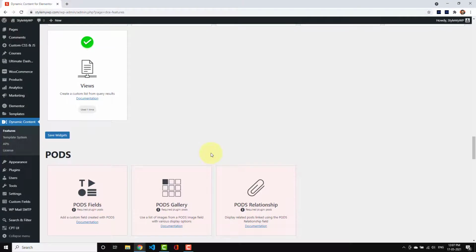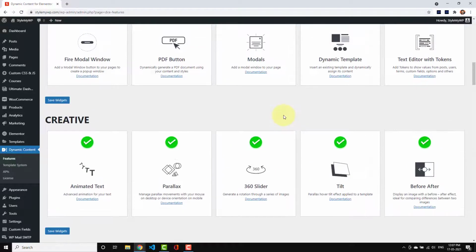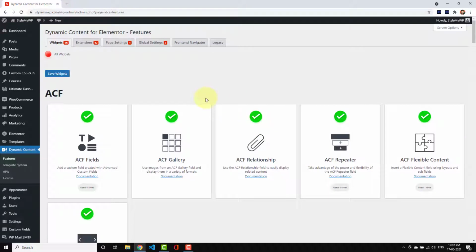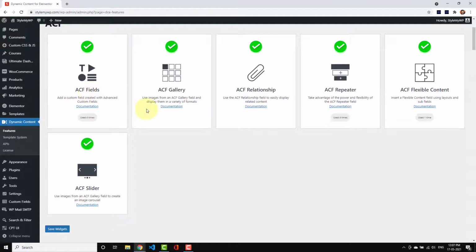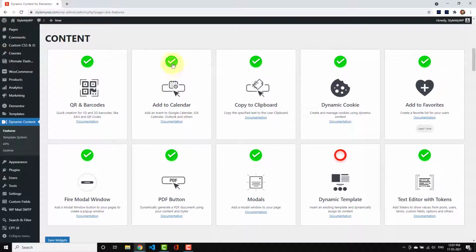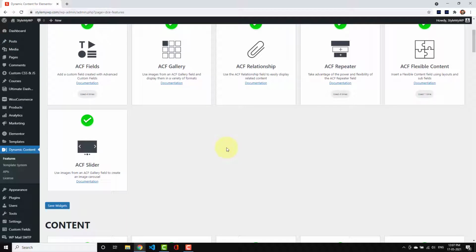If you want to make your Elementor load a bit faster, you can disable the widgets that you don't use, and they will not be shown on the Elementor panel, so you can speed up your loader that way. Otherwise you can also increase the PHP memory of your website so as to load the panel faster. For now you need to make sure that the Add to Calendar widget is enabled. Once enabled, just check out your panel and you will find the widget right away.